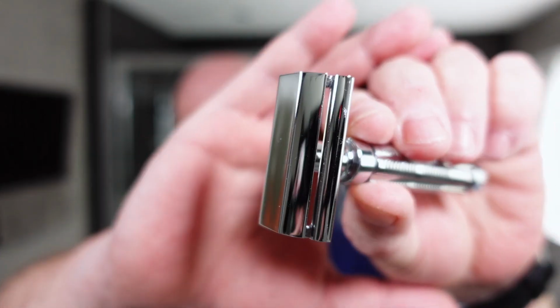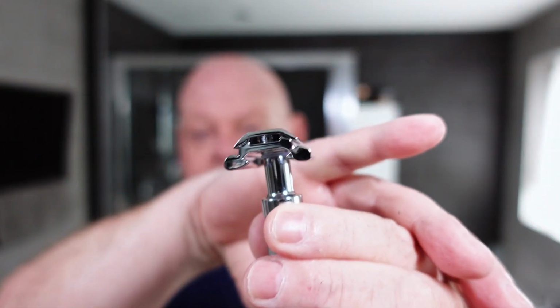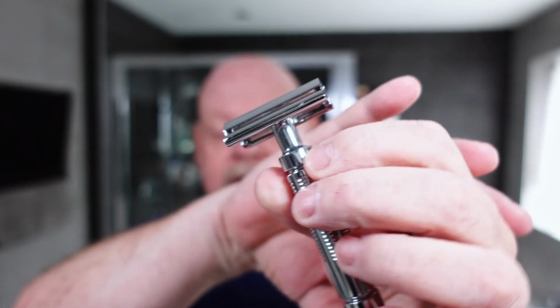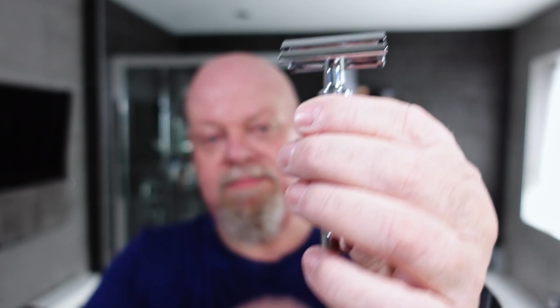But there you go. So for me and the fine Marvel razor, superb looking razor, great for the next steps. If you want to invest a bit more money, £35 for one of these. And I think you get some blades with it. I can't remember what blades, but